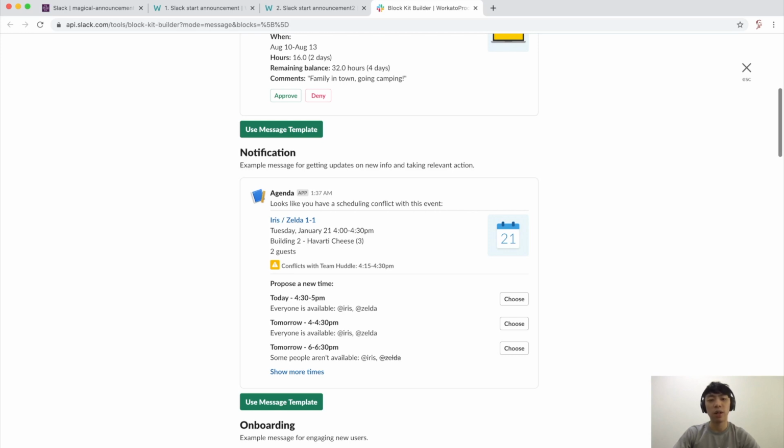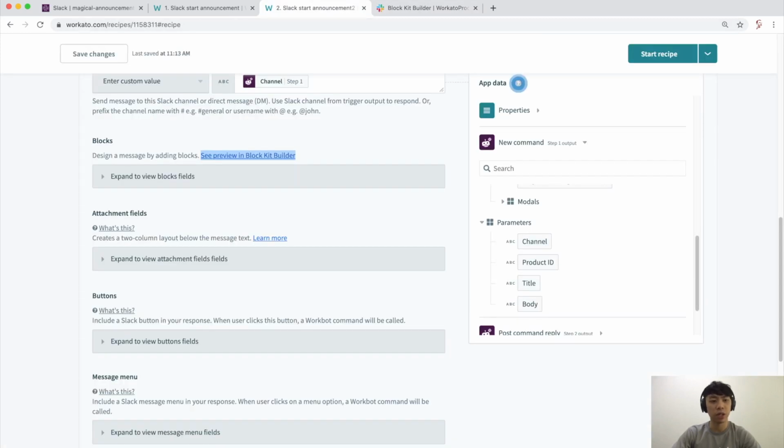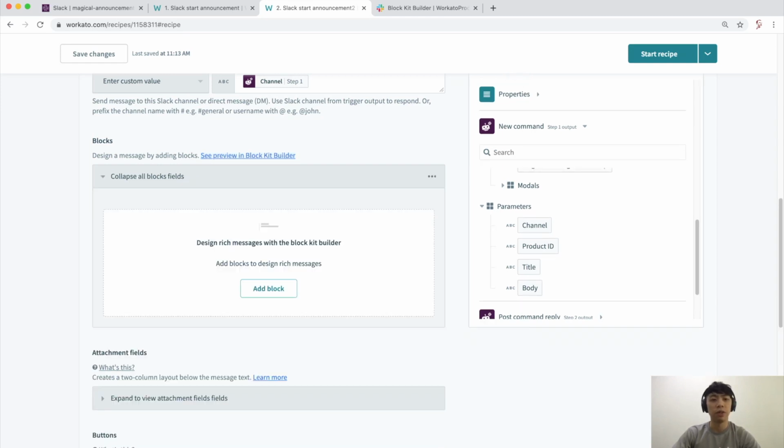And then there is one line below that, which pretty much allows a user to give feedback, right? So instead of three buttons, I'm just going to have one button for today that we'll be building in our recipe. So let's go back into the recipe editor and let's explore the blocks section over here. I'm just going to expand the block views, and over here, I'm just going to design our message with